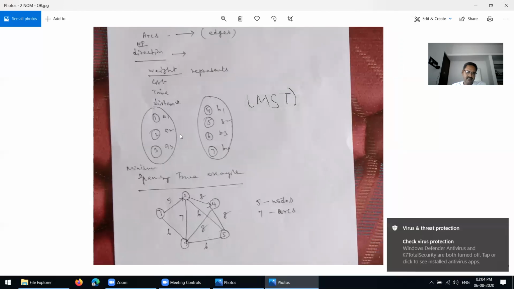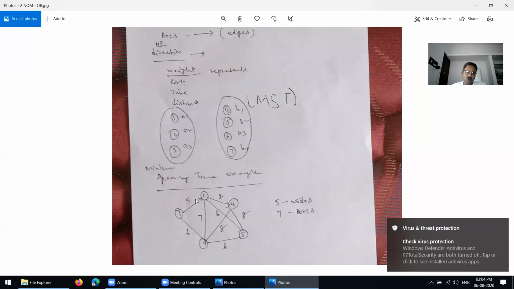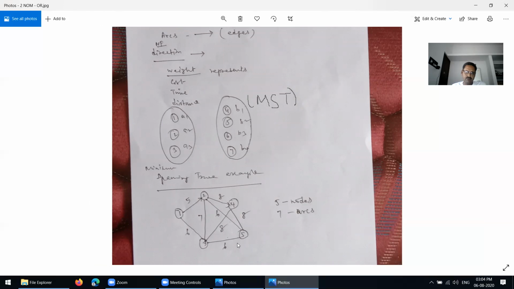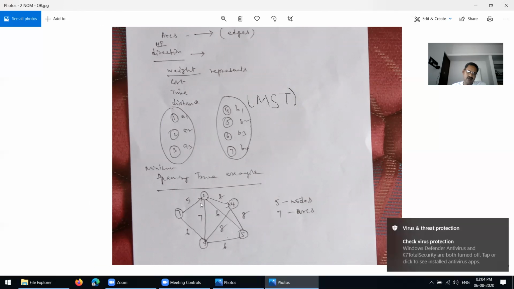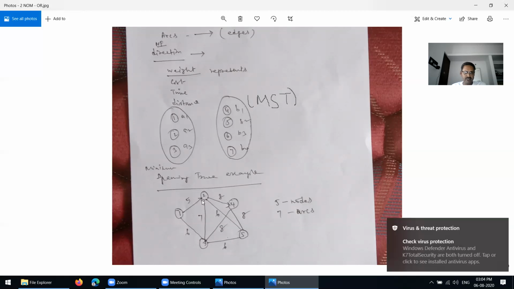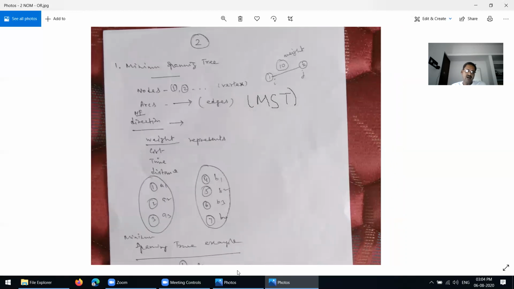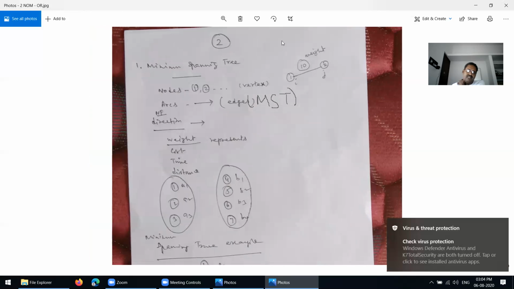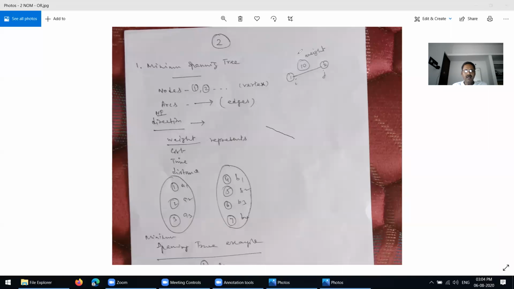Now, see the network. How many nodes do we have? That is 1, 2, 3, 4, 5. So 5 nodes. And then how many edges? An arc is nothing but the path between 1 and 2, 2 and 4, like that. The path between 1 and 4, and 1 and 2, 2 and 4, and so on, is the path. Sometimes it is called an arc or edge.